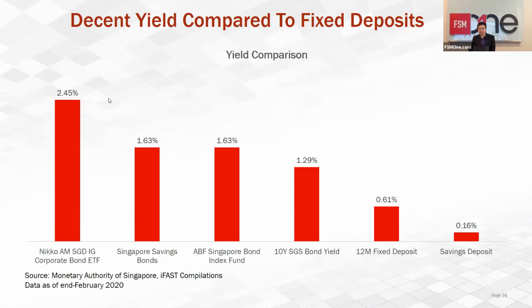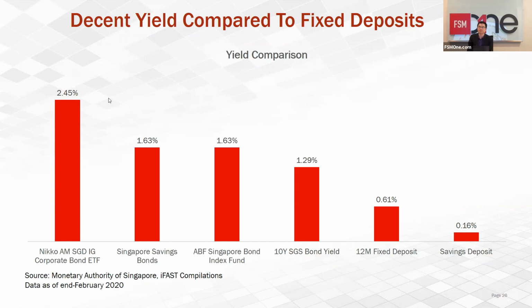Okay, but I would say it's quite decent, especially if you compare it with the potential yields that you can get from, let's say, your Singapore savings bonds, your Singapore government bonds, or even your fixed deposits. So 2.45 is quite low, but that is also because it is investment grade. And compared to some of the other risk-free options that you have in the market right now, I think it